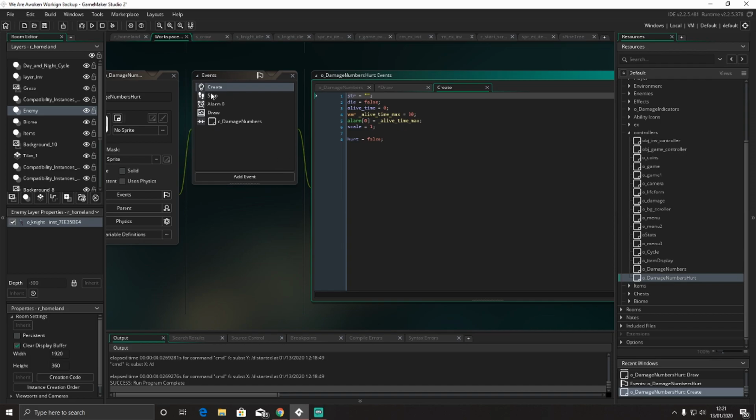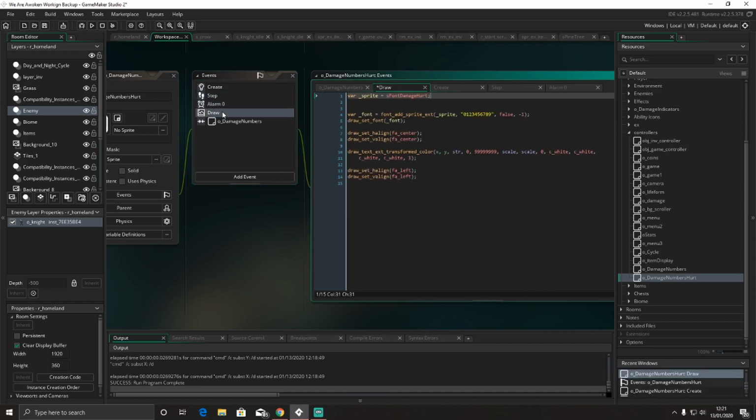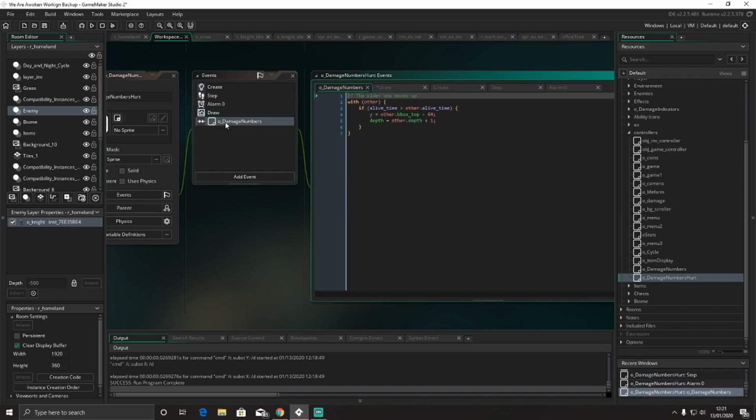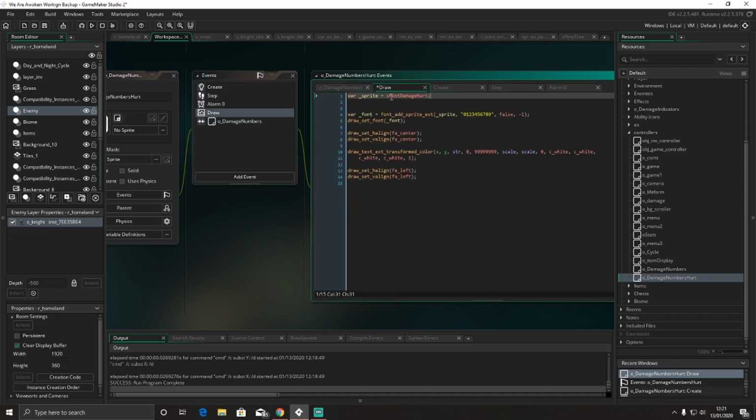So this is the create event, this is the step event, this is the alarm event, this is the draw event, and then this is the collision with itself event. These objects are exactly the same, the only thing that changes is the sprite. After this, we're going to need to actually create those